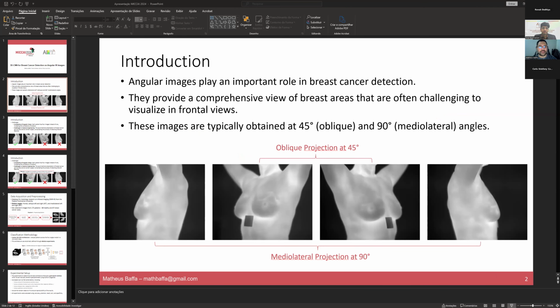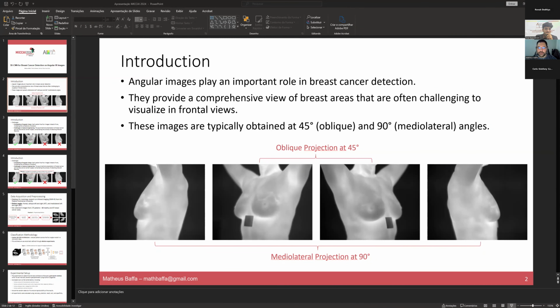Okay. So in this paper, we worked with angular images. They are very important in the detection of breast cancer. They are usually captured when you are getting mammograms. So the analysis of this type of angular images is also important for thermograms. They provide a very comprehensive view of the breast areas that are often challenging to visualize in frontal views because it gives another perspective of the breast, so it can show other parts of the breast that might contain the